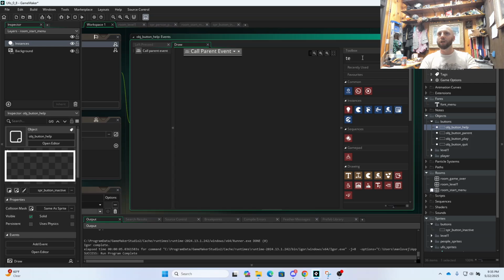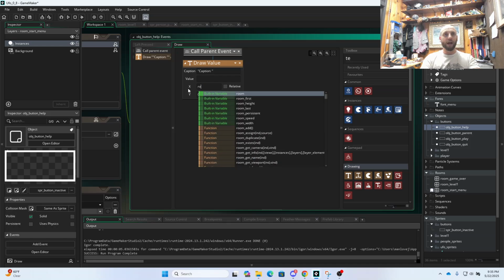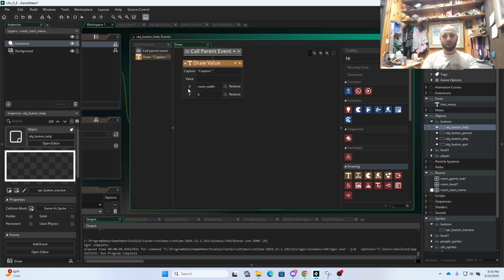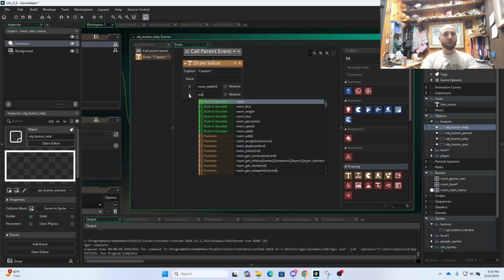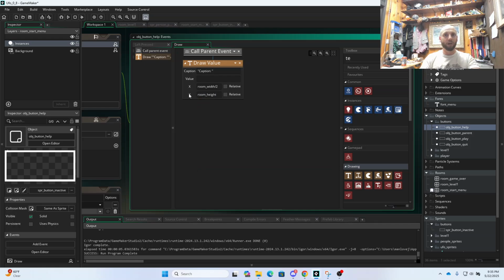And then we're going to add a draw value. And the thing I want to draw is going to be at room width divided by 2 and someplace down near the bottom of the room. So we're going to do room height minus, I don't know, 300 or something. And what I want it to display is something like